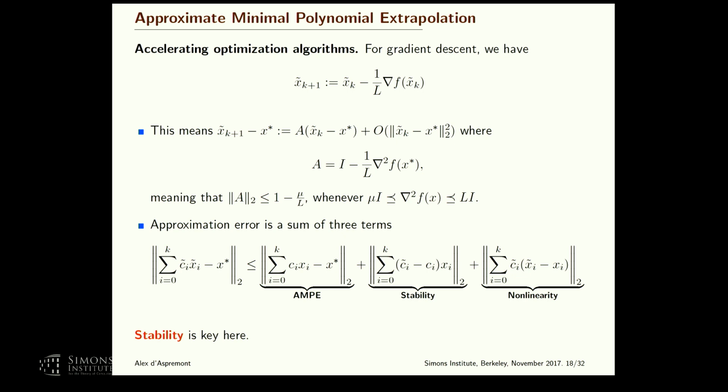Well, this is just a noisy version of what we were doing before on quadratics, at least locally, if the function is smooth enough. Okay, so you know a model like this holds in the generic case with some bounds on the Hessian. And now the approximation error in the end is a sum of three terms. The error term we had in the quadratic case, a term which depends on the stability of your estimation procedure on c, okay? And a term which grows with the amount of nonlinearity you have outside of the linear approximation in A, okay? And the key issue here is actually stability.